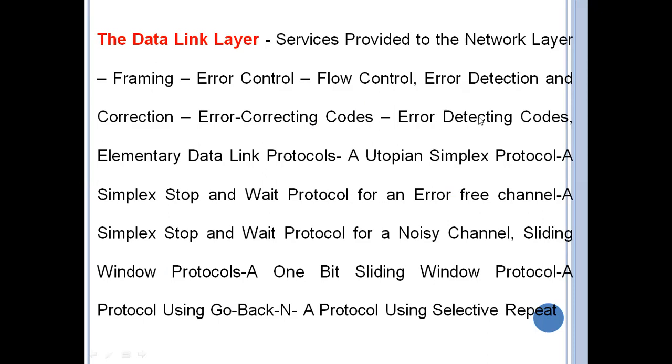Up to the error detection and error correction is the half unit. And next, the protocol-based part. There, we discussed a total of 5 protocols. One is the simplex protocol, the second is the simplex stop and wait protocol, and the remaining 3 are the sliding window protocols. The simplex protocol is unidirectional, the simplex stop and wait protocol is half duplex, and the sliding window protocols are bidirectional and full duplex.